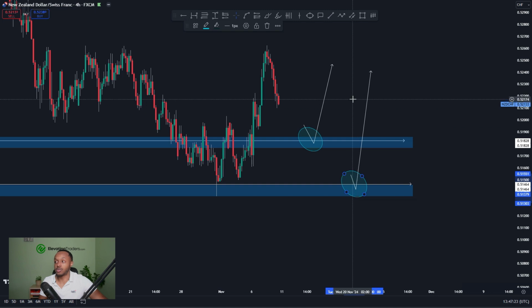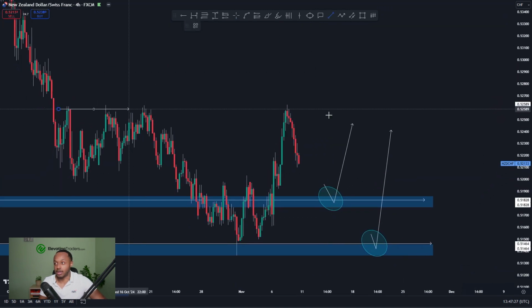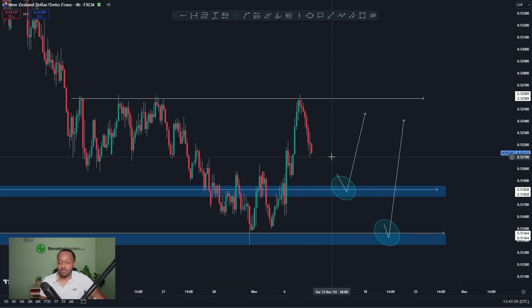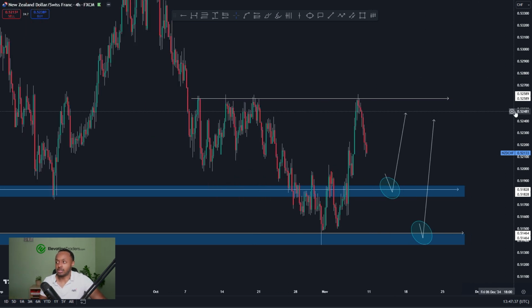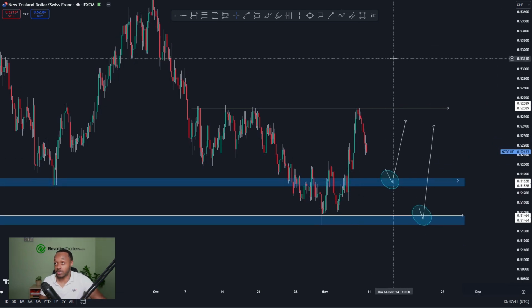Now, I'm not looking for the big swing to the upside. The upside potential is definitely there. But in terms of targets, if I can get it back to this area, that'd be great. And depending on the risk reward, you can be looking at 1 to 3, 1 to 4. So, you know, there's no need to try and look for anything crazy. You can always leave some positions to run as well because the potential is there. So that's why I like it, because it can be a really big swing trade if it does really play